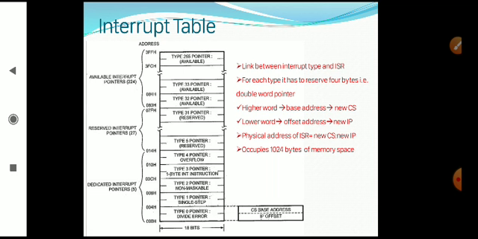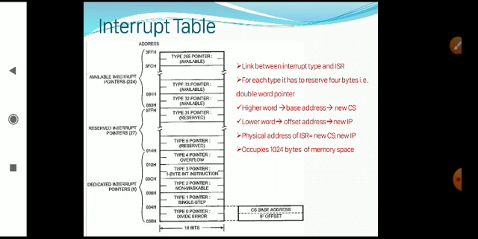The last 2 points are very important: how this kind of interrupt, that is INTR, will be masked as well as unmasked. It is masked by making the interrupt flag 0 with the instruction CLI.